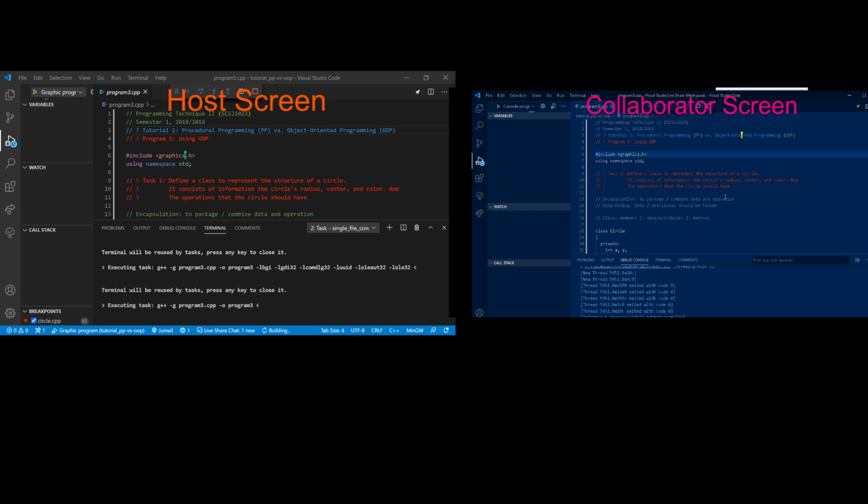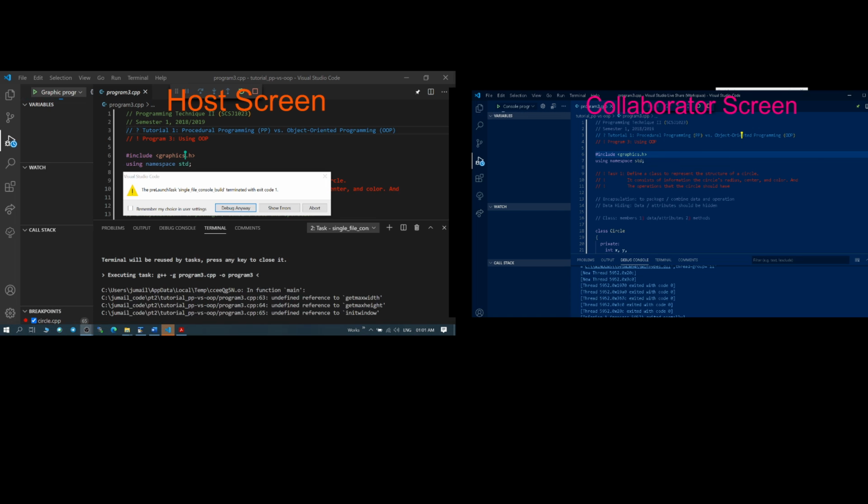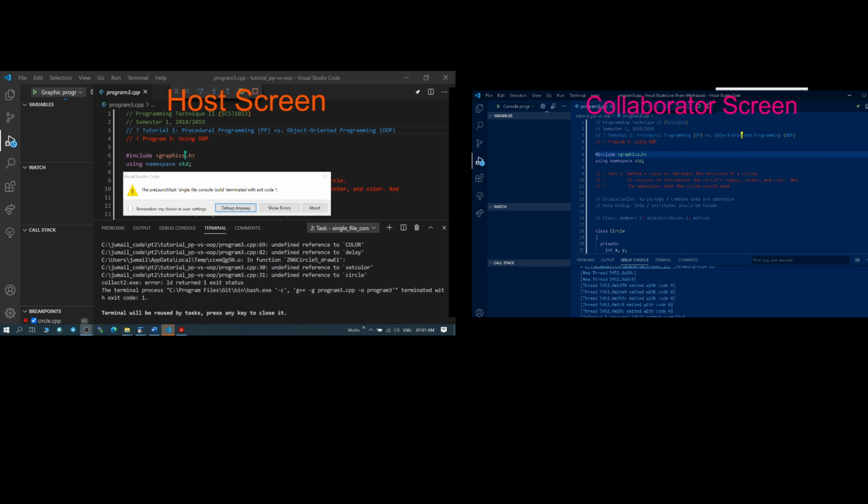So it is running, but it doesn't run on the collaborator. The collaborator only instructs the host to execute. Then we get an error here because I need to stop here first, and then on the host,